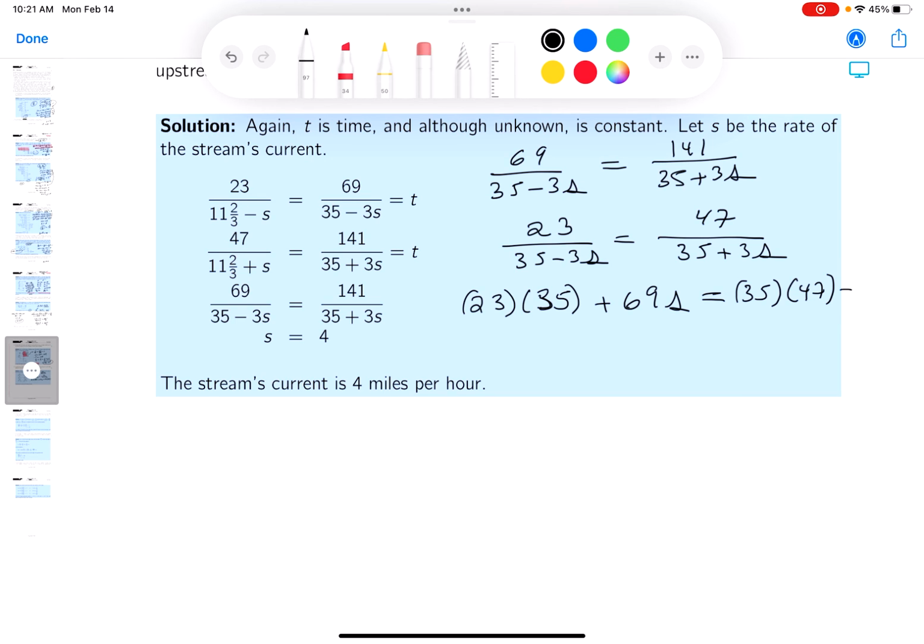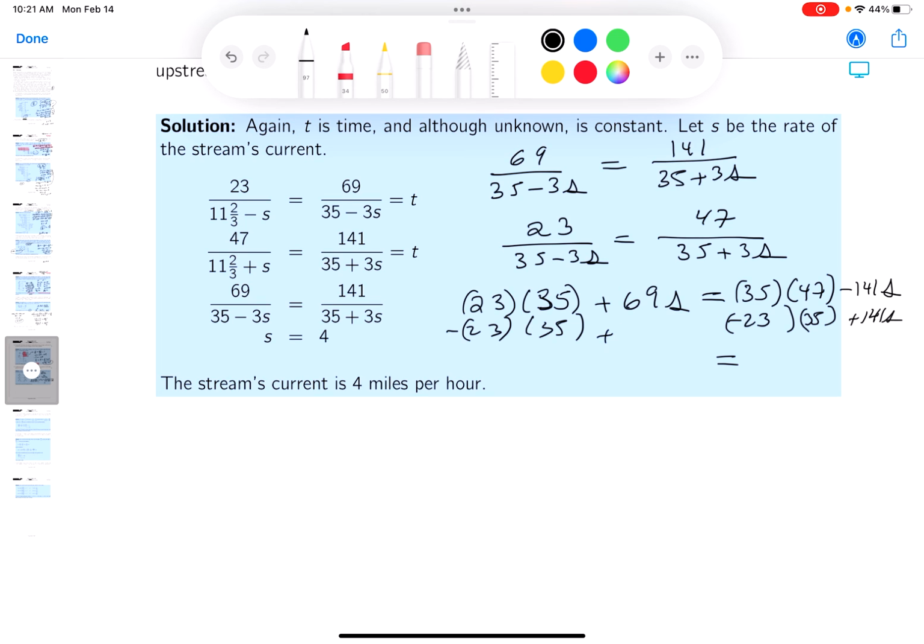Then what do you get? Well, you can get minus 141s. All right, 3 times 47, 120, 21, 141. All right, I have some work to do here, and I'll tell you what the work is. I'm going to take 23 times 35 from both sides. I'll write that down for you. That's not so bad. I think I can do that. And add